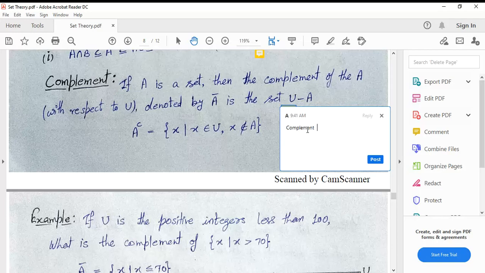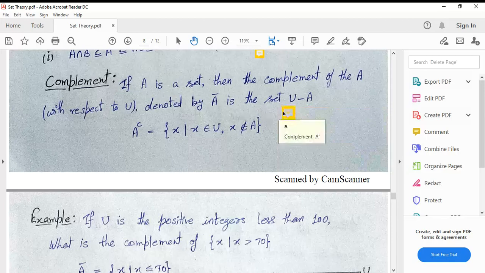You can write A bar, or A complement, or A dash. These are all the complement, right?